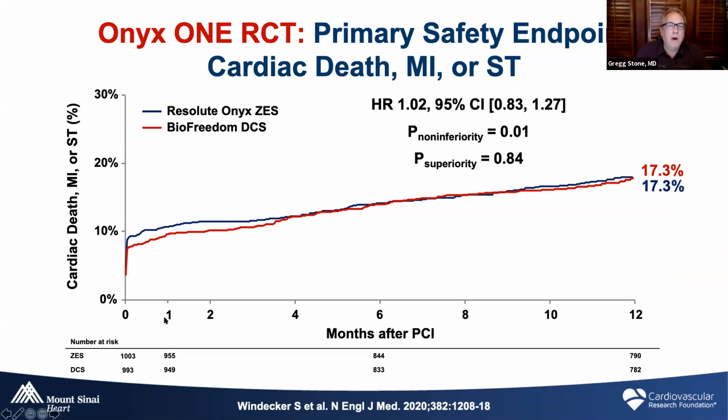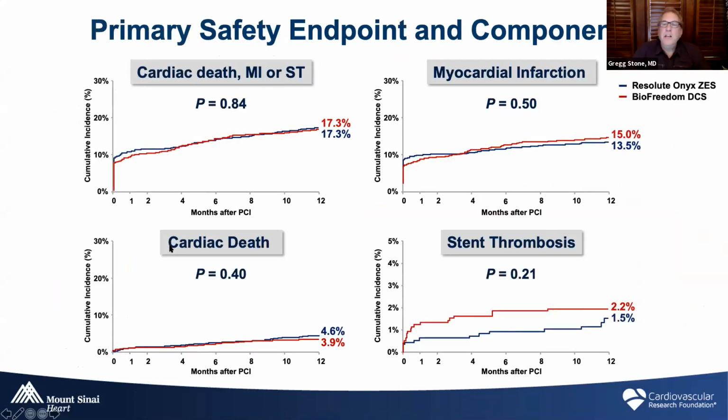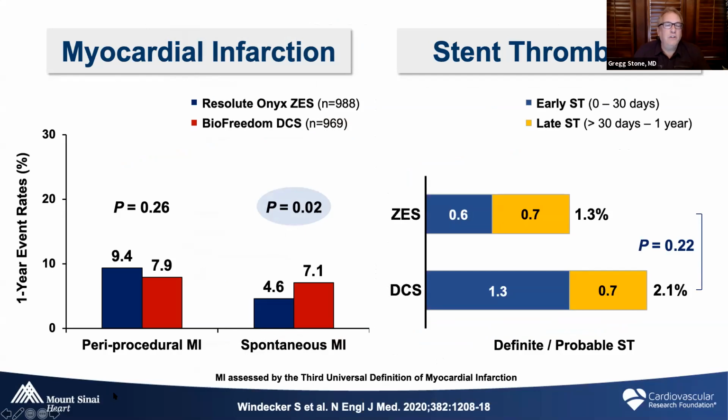And remember, it was 1 month that they went off of DAPT onto single antiplatelet therapy. If you look at the components, there were no differences in MI, cardiac death, or no overall difference in stent thrombosis, although you could see it tended to favor the Resolute Onyx. So looking at myocardial infarction, there was no difference in procedural MIs, but spontaneous myocardial infarctions, the late MIs, the ones that are more prognostically important, were actually reduced with Resolute Onyx compared to BioFreedom. And again, if you look at stent thrombosis, there tended to be less stent thrombosis, primarily within the first 30